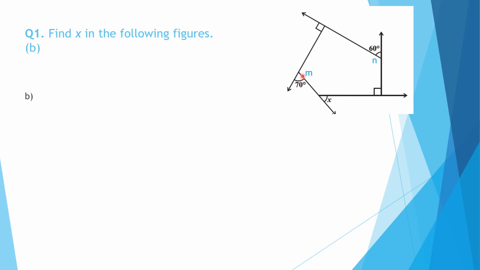This angle I have marked M because M plus 70 we can find with the help of a linear pair, and N plus 60 is also 180 because they are forming a linear pair. Then inside this pentagon, you will find the angle which is adjacent to X by the help of the angle sum property of a pentagon, and that angle and X are forming a linear pair. So with this method you will be able to find X. It's a little long, but it's not difficult, it's very easy, right? So two interior angles in this figure are given as 90 degrees. One is this one and the other one is this, where I have marked.